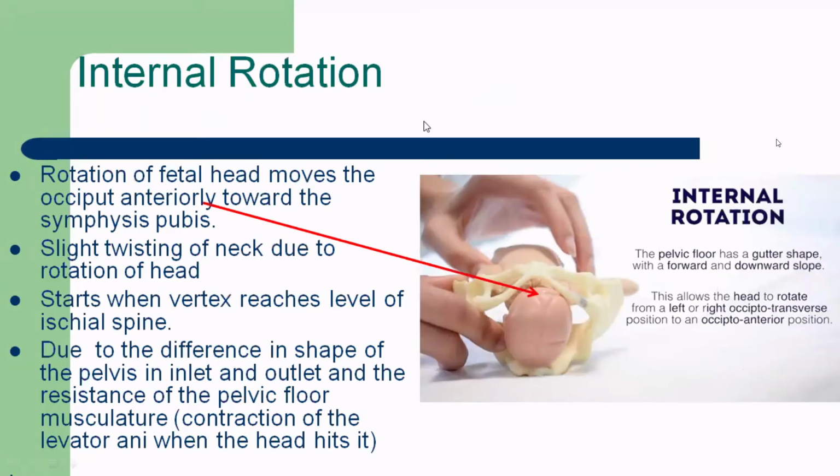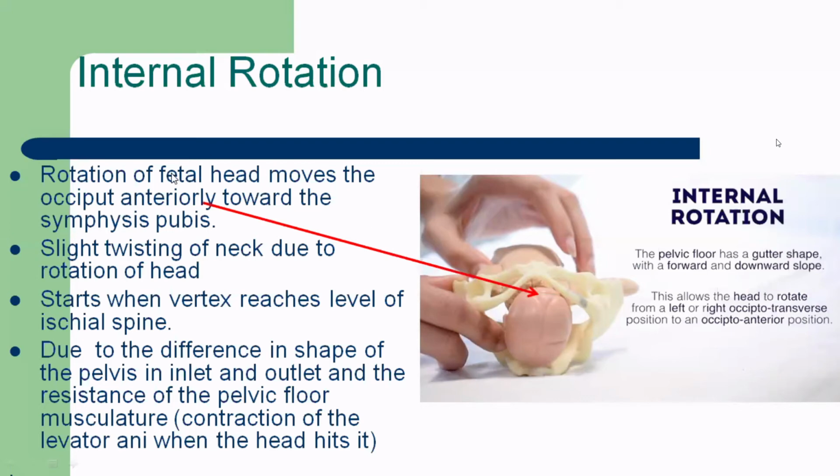Now, this is another important movement of the fetal head that is known as internal rotation. It occurs while the fetal head is descending in the pelvic cavity. This mechanism of labor will be taken in your tutorial class during your posting also, where we will demonstrate it in such a model, with a maternal pelvis and fetal head, a dummy fetus.